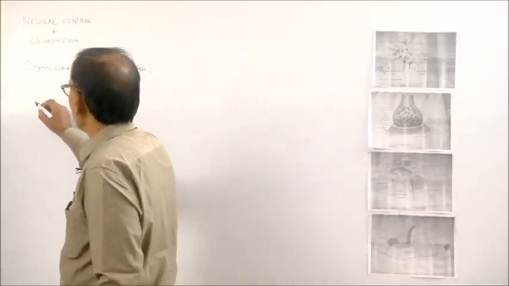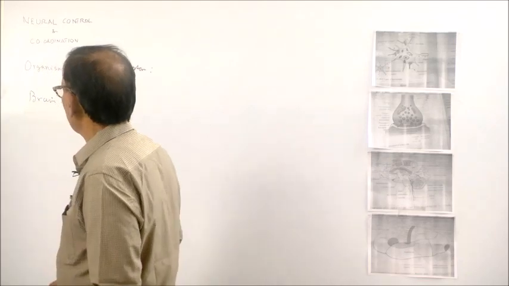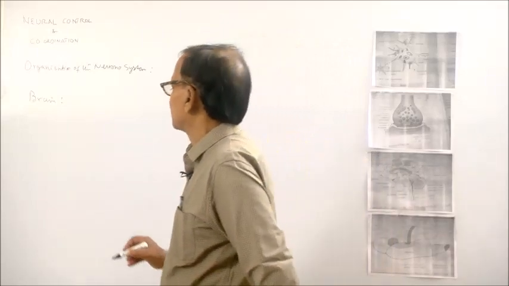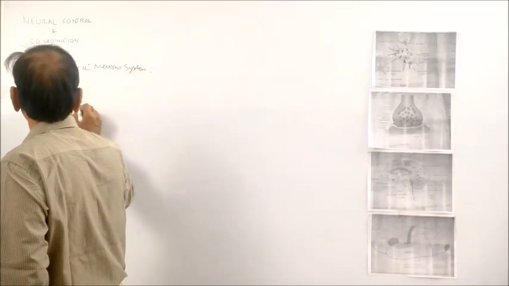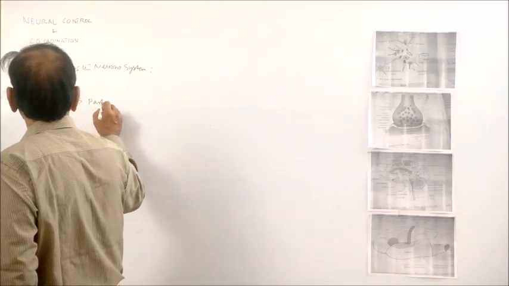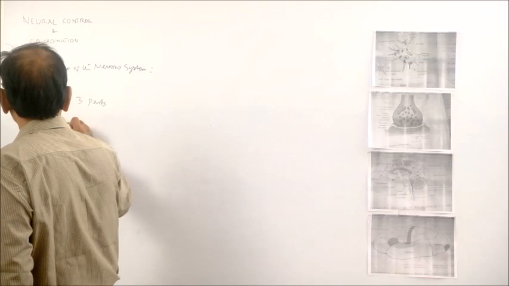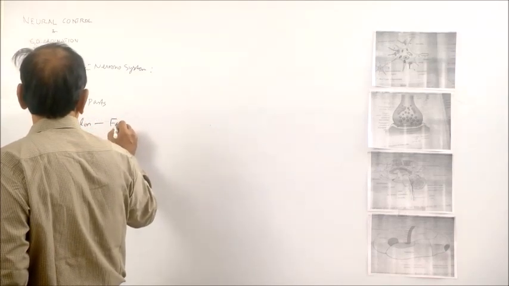Now the brain, for the purposes of study, is divided into three parts. The three parts are the prosencephalon or forebrain,